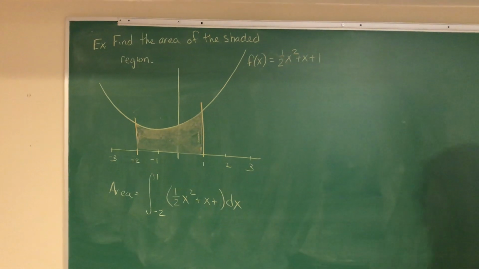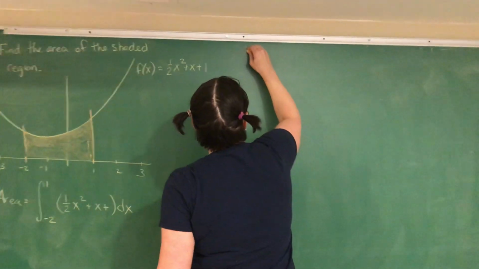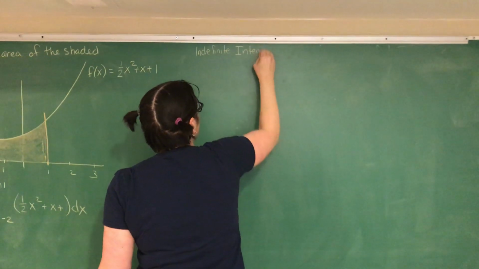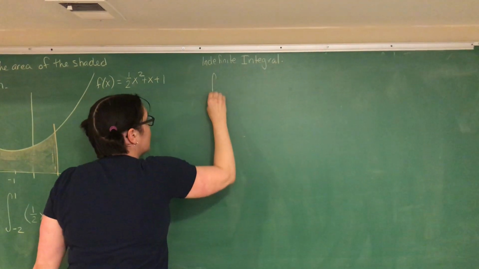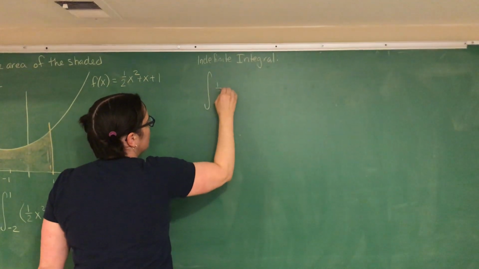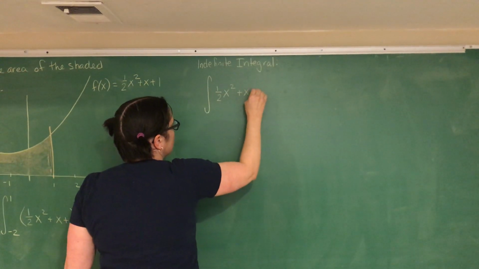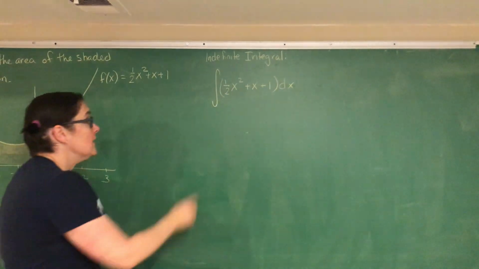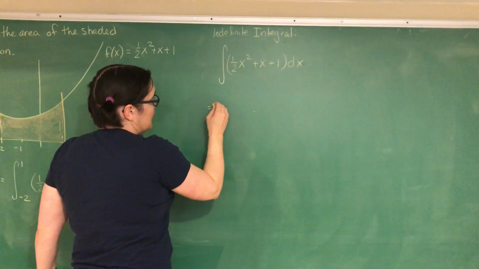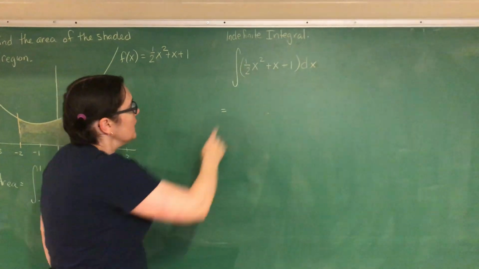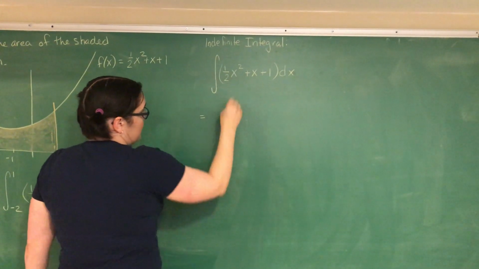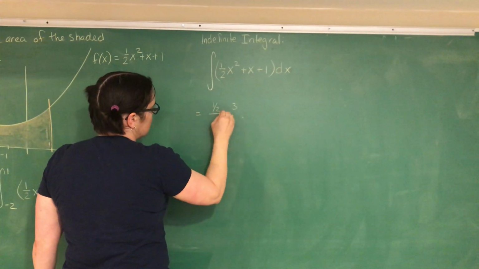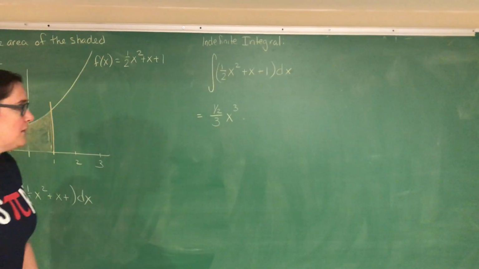All right, to evaluate a definite integral, I always start with the indefinite integral. So we have the integral of 1/2 x squared plus x plus 1 dx. The integral sign and the dx say find the antiderivative of the function in the middle. So I can add 1 to each power, so I add 1 to the first power, so I have x to the third, and then the number in front divided by the new power, so I have 1/2 over 3 x to the third,